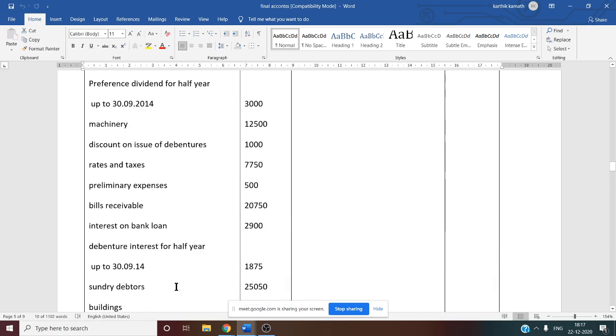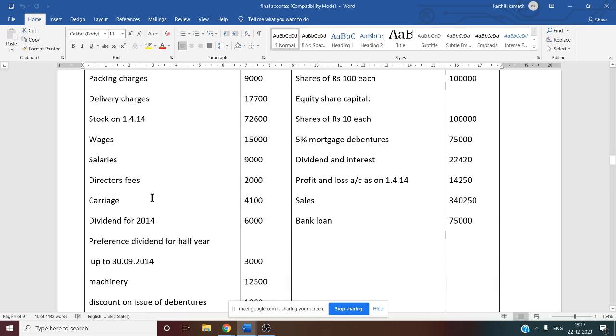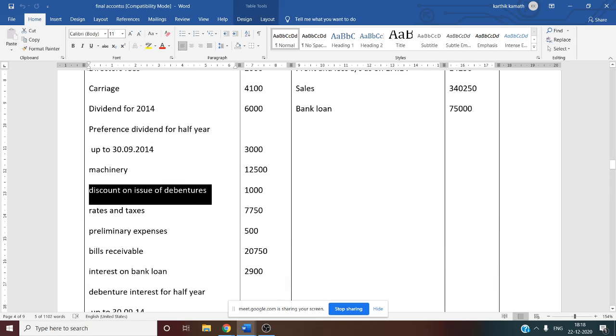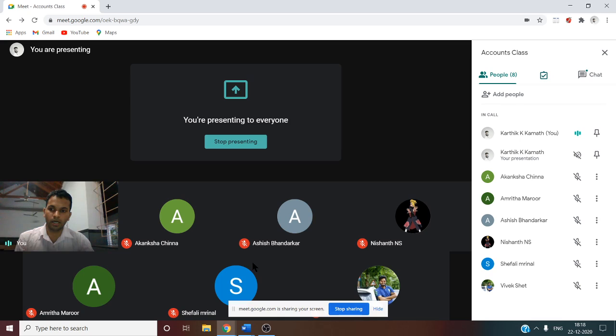Then write off half of discount on issue of debenture. So discount on issue of debenture, once you have to see the trial balance. If you see the trial balance, you have to figure out where they have given this information. See this discount on issue of debenture 1000 they have mentioned. Half you have to write off, means 1000 into 50%, or 1 by 2 you can do. So you will get 500 as written off value. Whenever written off value is there, that is working note number 29, that is amortization expenses. So there you can show. And one more thing, discount on issue of debenture is other current asset. So working note number 21, you can reduce that written off value and show the final amount. So that also you can do.